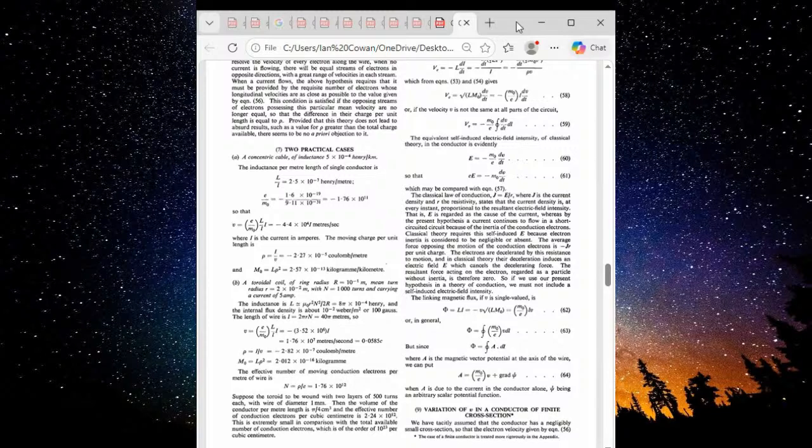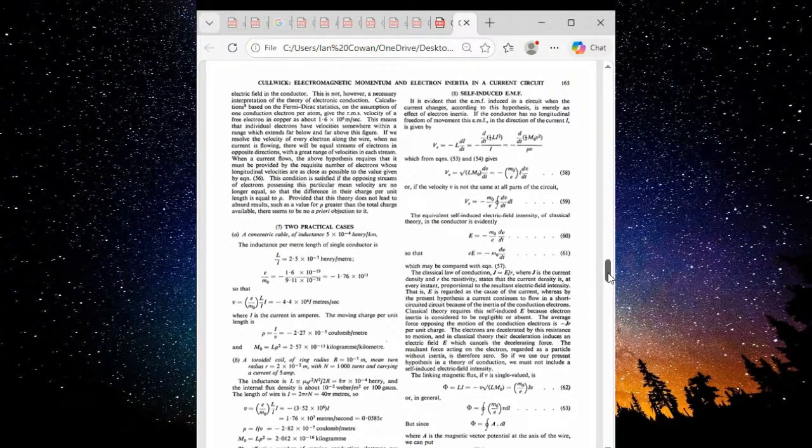Okay, now that's got to be changed, because the drift velocity can be measured indirectly. Up in the top of this column, on the same page on the left, he talks about Fermi-Dirac statistics, and root mean square velocity of free electron in copper is 1.6 times 10 to the 6 meters per second. But Fermi and Dirac did not know about Neo-Newtonian mechanics.